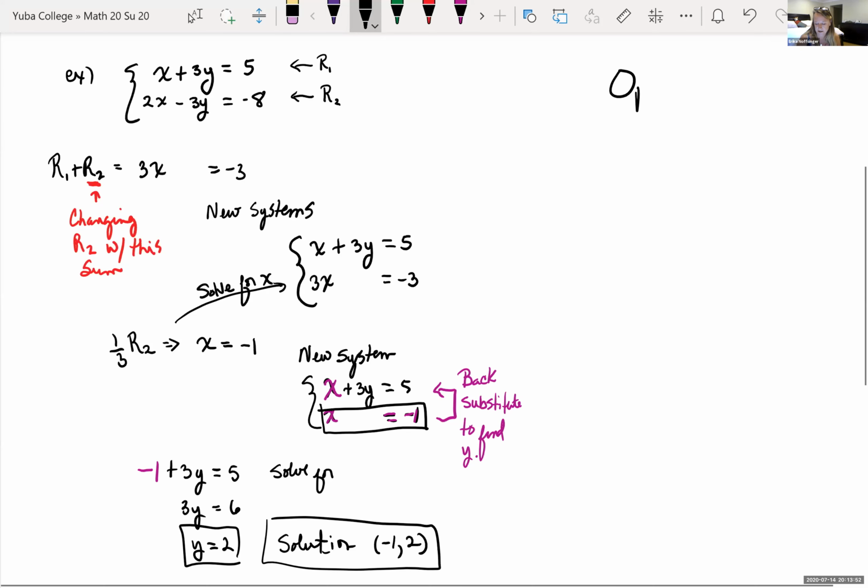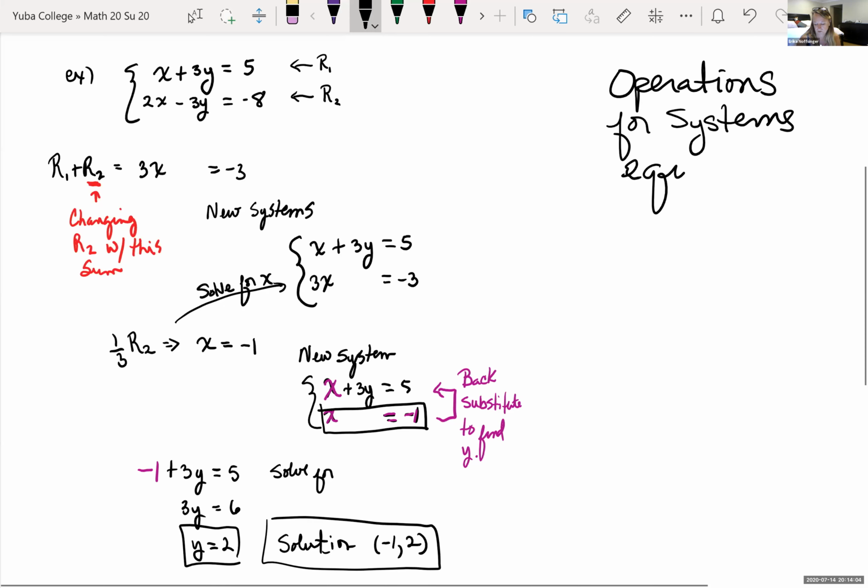Operations for systems of equations: we can do the following and get equivalent solutions. Sometimes it's helpful just to move your equations around. So interchanging